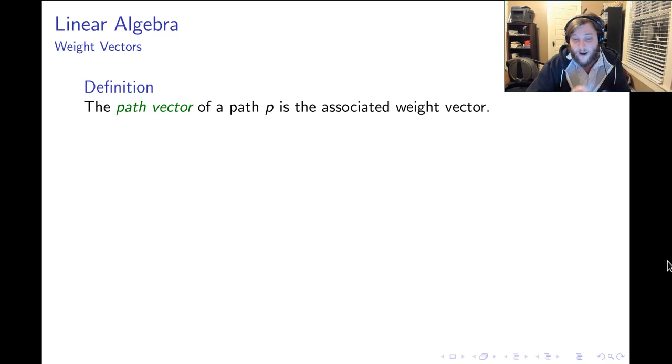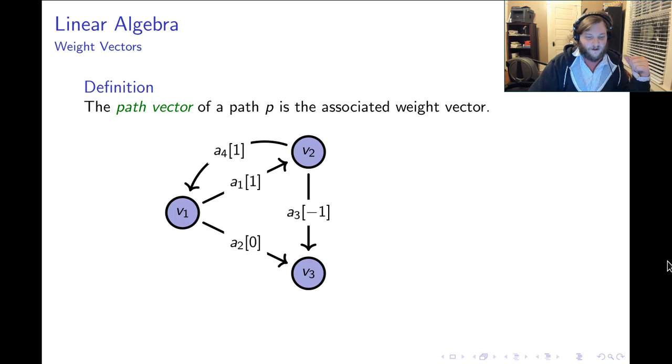We can use weight vectors to describe interesting things. So the path vector, by definition of a path, is the associated weight vector. Let's look at an example. Let's say that we traverse a path here. Let's say we start at the node V2 and travel with A3 to get to V3. Then let's say we travel,